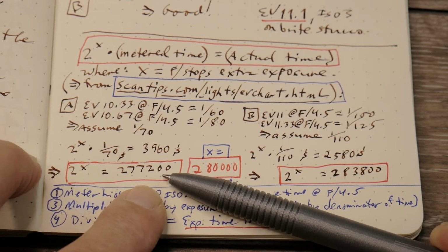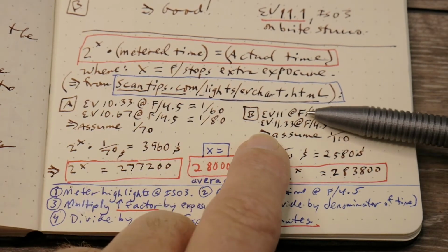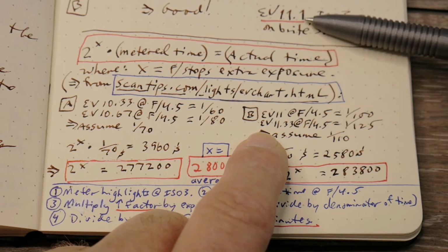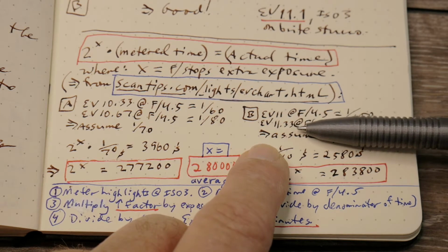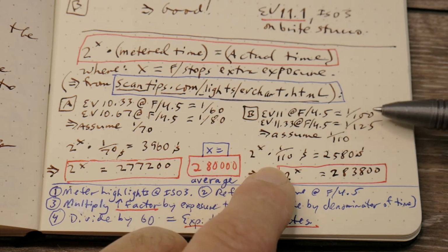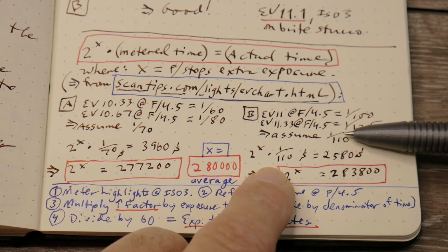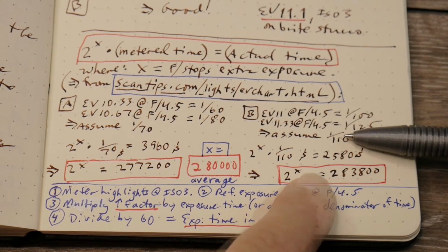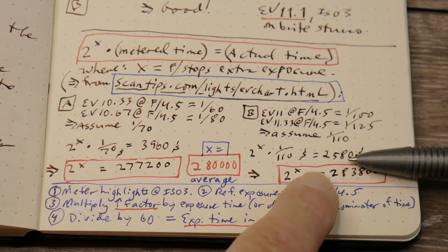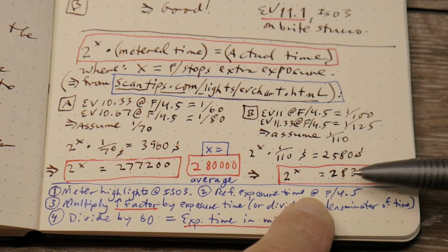That value ends up being 277,200 as a factor. For the second exposure, again, I looked up the exposure value that I metered it at, which was 11.1, and on the chart it listed EV11 and EV11.33 for f4.5. Those two shutter speeds are like a 100th of a second and a 125th of a second, so I took about a 110th of a second as being really close to EV11.1. Again, I multiplied that by my exposure time, which was 2,580 seconds, or 43 minutes, and I come up with a factor of